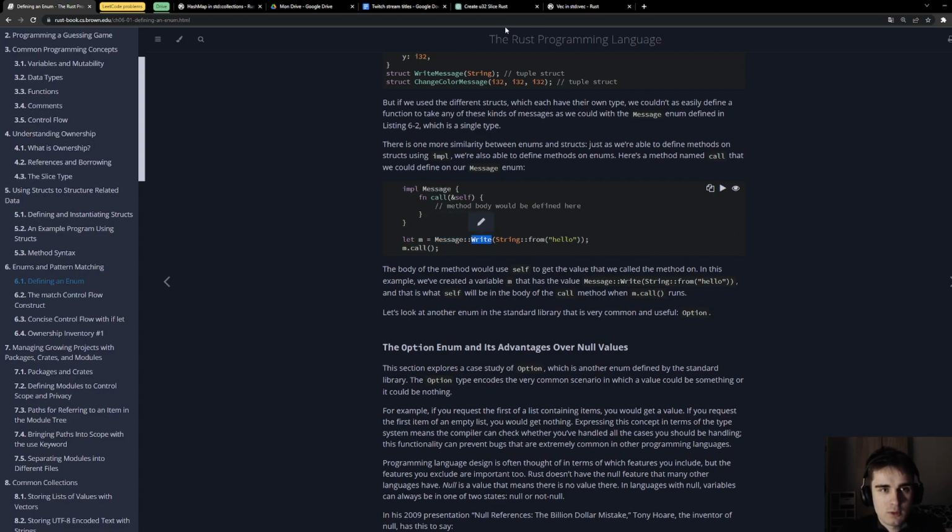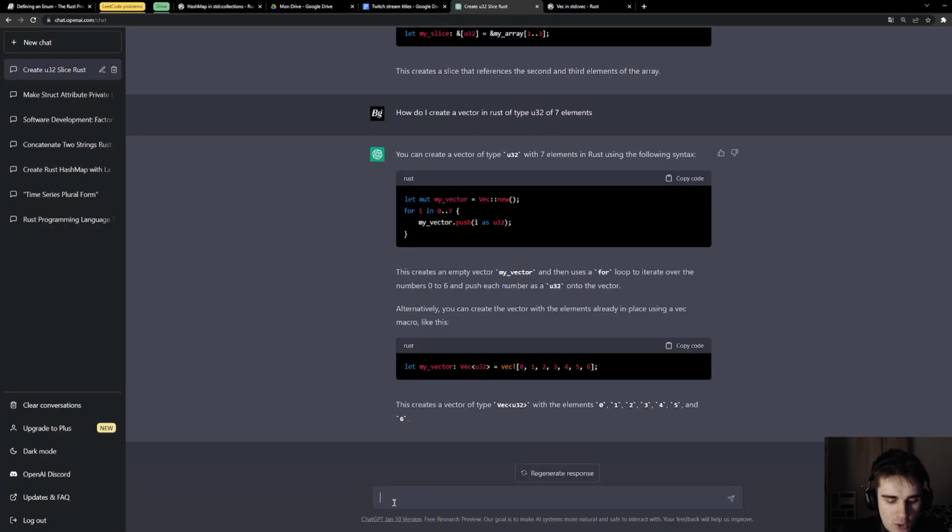Let me just ask ChatGPT, what is the right part of an enum doing?